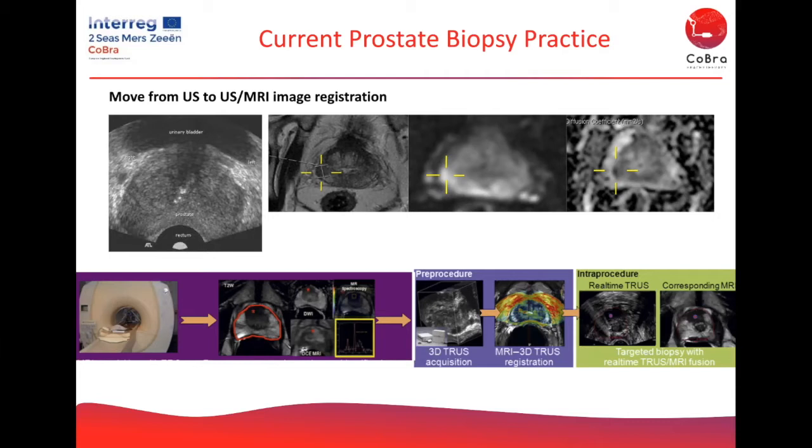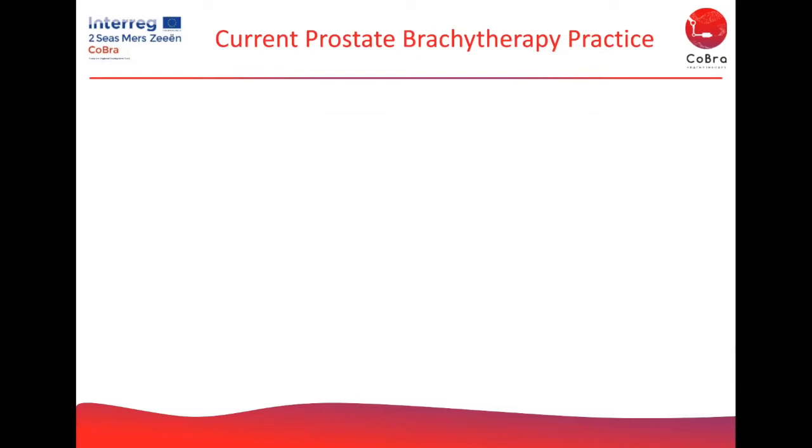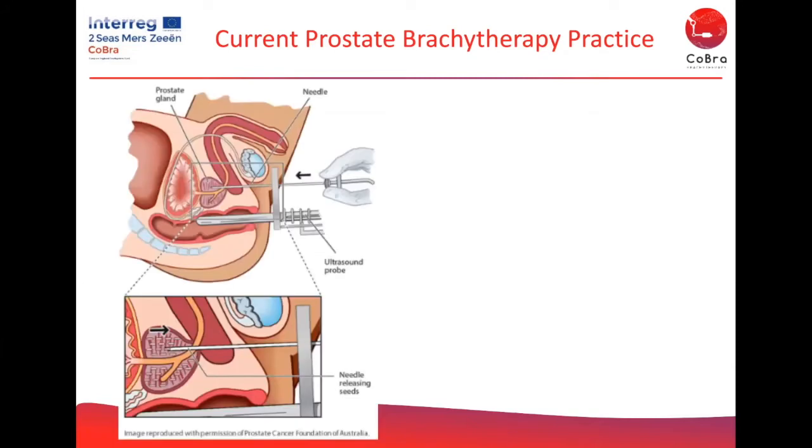image. So moving on to a quick description about brachytherapy. So the setup is very, very similar, as you can see from this image here. It's a transperineal approach. The difference, however, is that we're not extracting cores of tissue, we're actually inserting